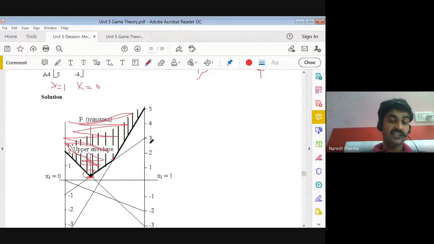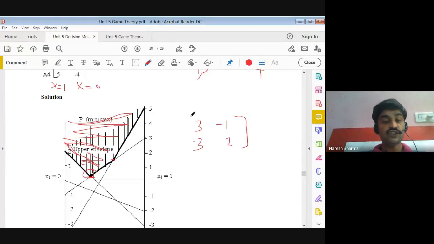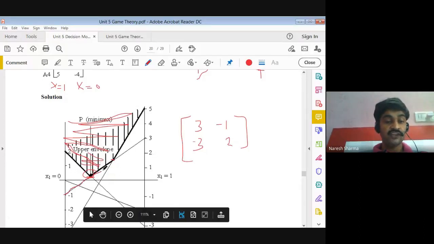And if you see here, from this, 3 and minus 1 is this one point, another point is this one. So here it is minus 3 and this is 2. So now we can choose this as your next matrix for your calculation. So we just go with your intersecting points, and the lines which intersect these two we can choose, like 3 and minus 1, and similarly minus 3 and 2.